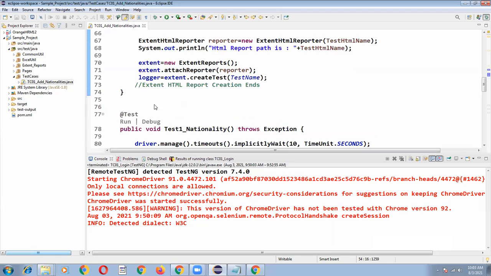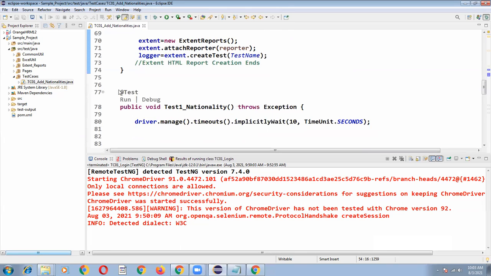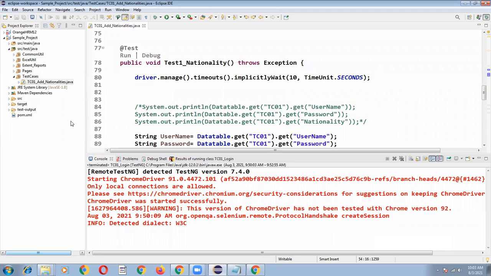After that, where do I want to keep the breakpoints? I'm going to keep my breakpoints in login page. Let's try to understand the logic. I'm going to run my program in debug mode.